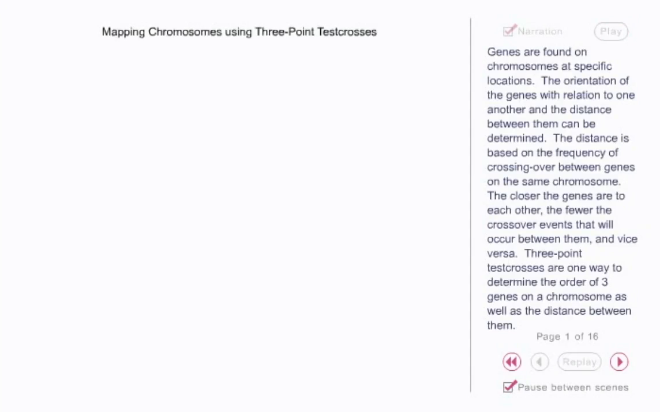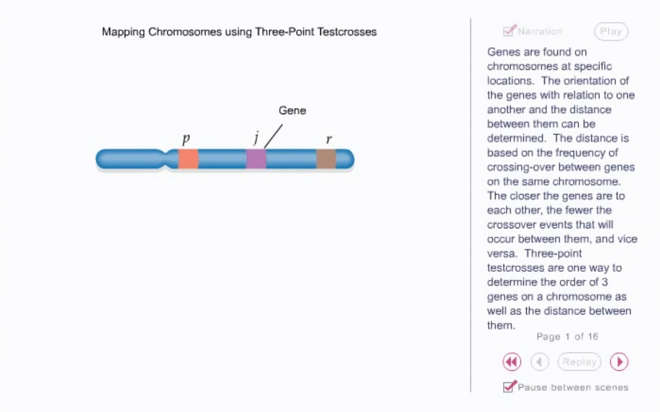Genes are found on chromosomes at specific locations. The orientation of the genes with relation to one another and the distance between them can be determined. The distance is based on the frequency of crossing over between genes on the same chromosome. The closer the genes are to each other, the fewer the crossover events that will occur between them, and vice